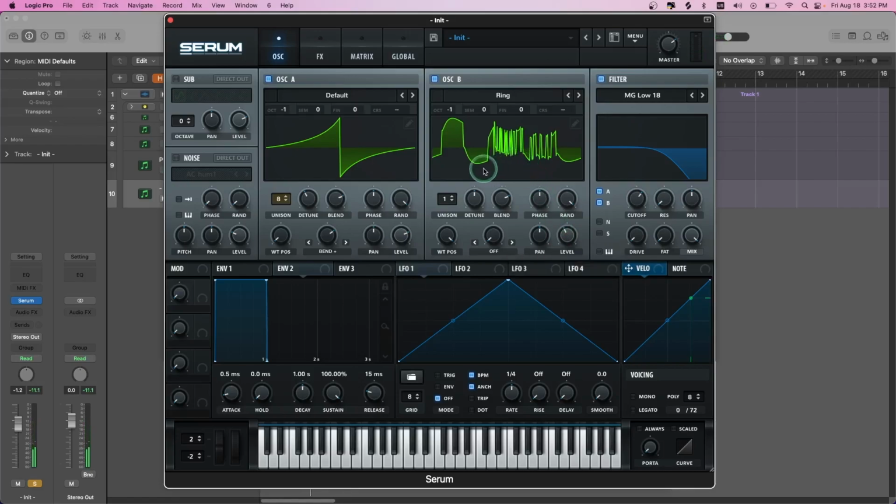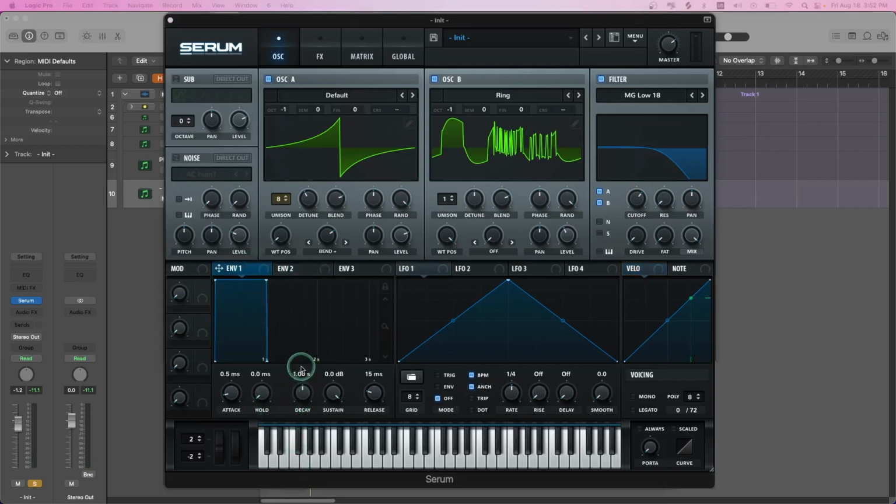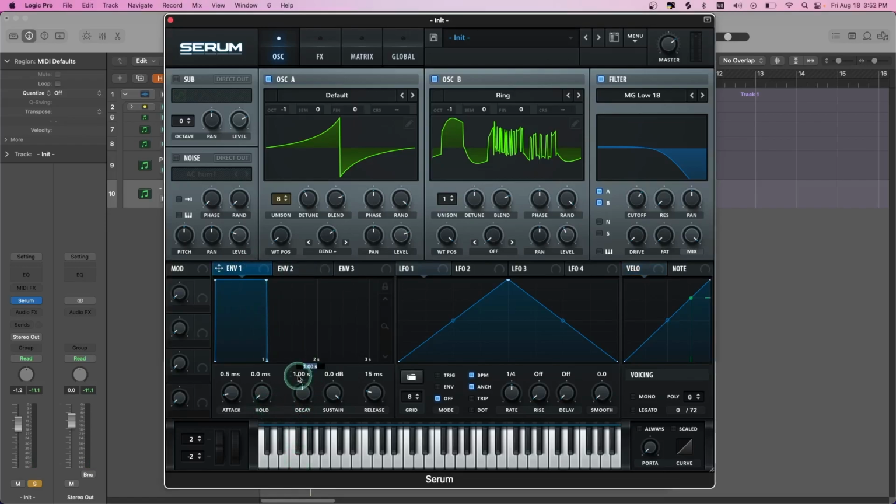All right, now let's go to our envelope 1, and for the decay, we're going to have it at around 195 milliseconds. So let's have our sustain at around -10.9 dB, and let's have our release at around